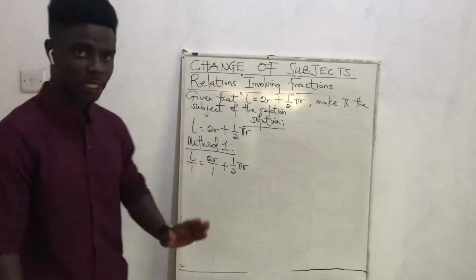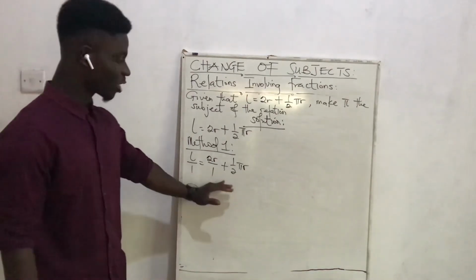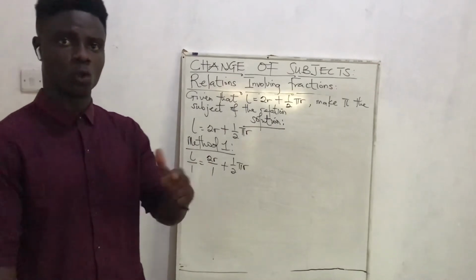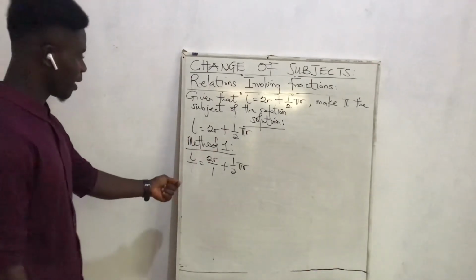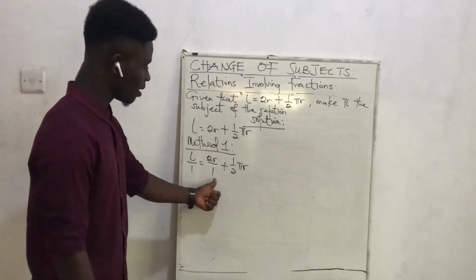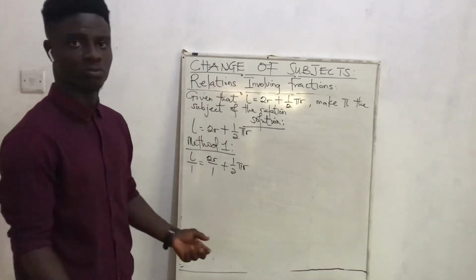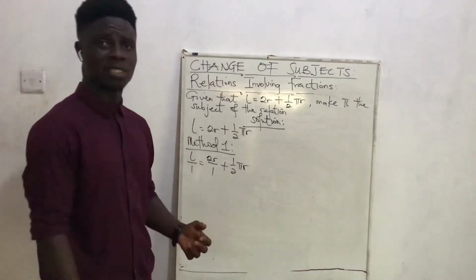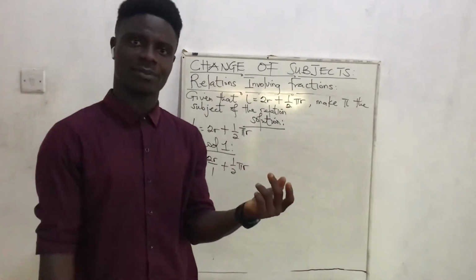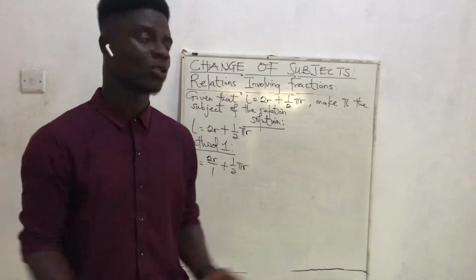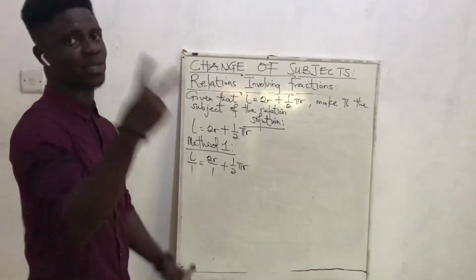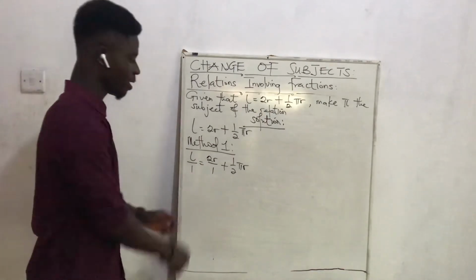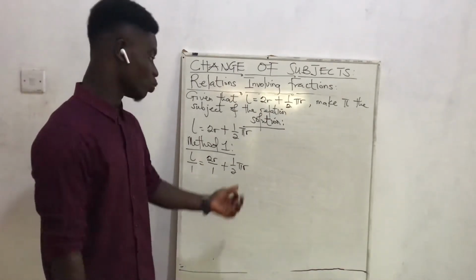Now, we have fractions here, right? So now we have to determine our LCM, the lowest common multiple. The LCM of 1 and 2 is what? 2, right? Why? Because 1 goes into 2 how many times? 1 times 2 gives you 2. So 1 goes into 2 two times. So now, our LCM, our lowest common multiple, we will use